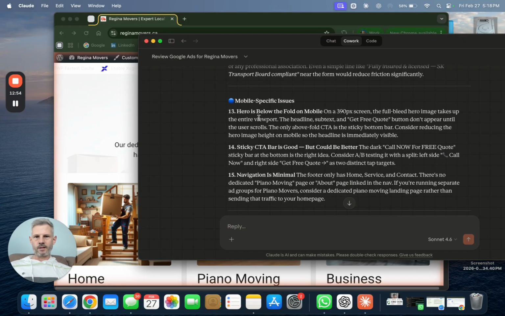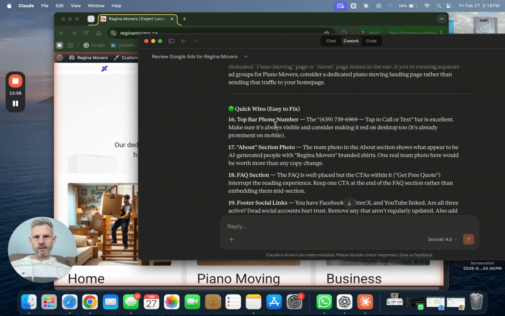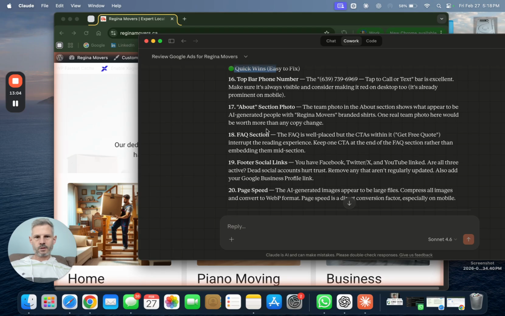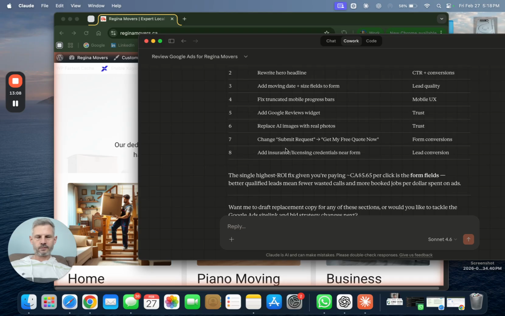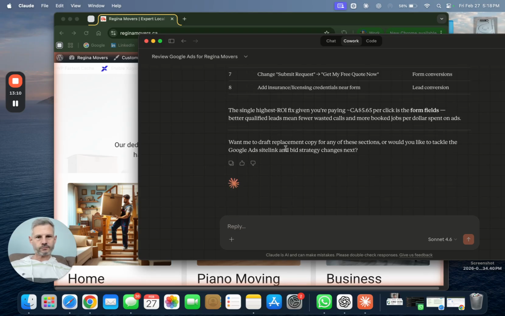Crazy. Anyways, and it's giving me my mobile specific issues. Quick wins, easy to fix. Top phone number bar. Make sure it's always visible. It's insane. It gives me an action plan of priority. Wow. Crazy. Anyways, so